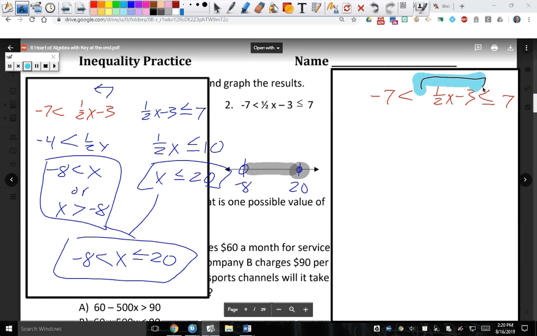What would you do if you're concentrated on this? What do you do to both sides? Add 3. What is this number? Negative 4. Then what do you do to both sides? Multiply by 2. And that's how you get that. You good? Alright, so now,